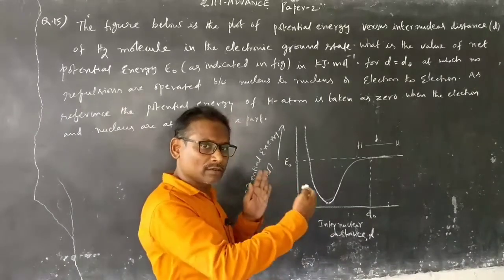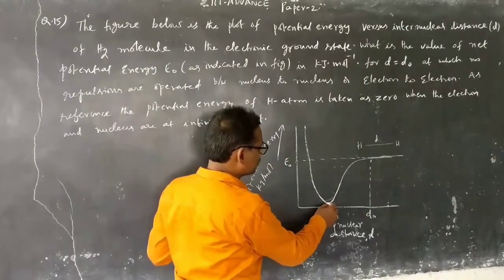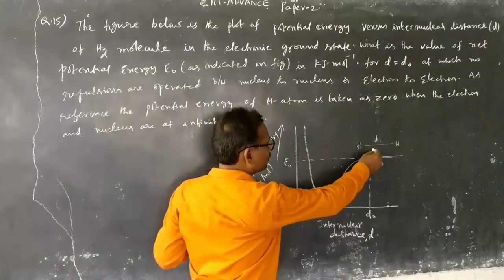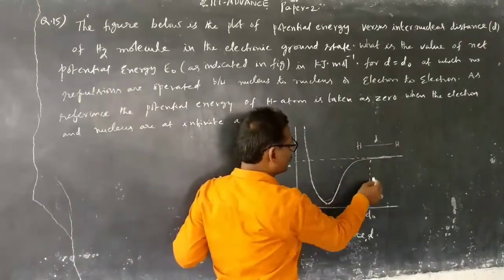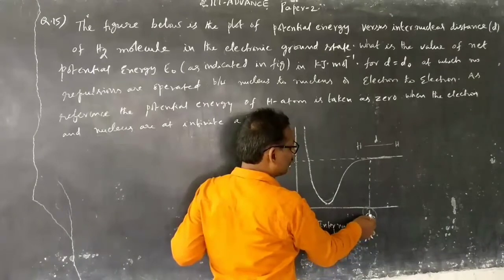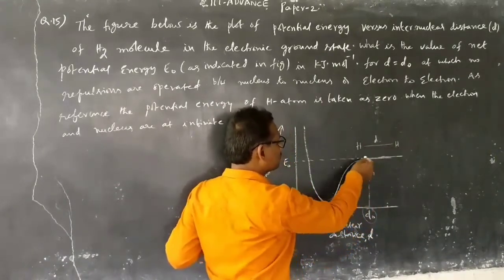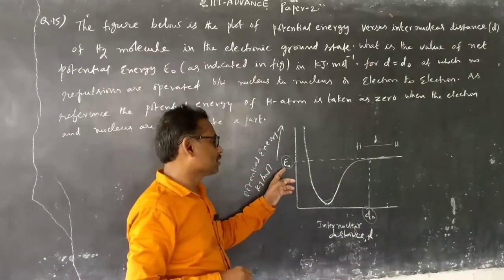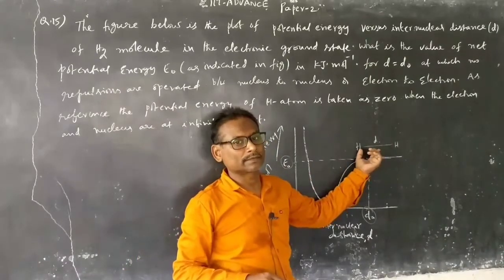And beyond that, still closer, repulsions operate. For example, beyond this distance, if the distance is in the approachable range, attractions operate here. I just want to point out the distance in the diagram here, d as d0. At the distance d0 between two hydrogen atoms, can you say the respective potential energy? The potential energy is taken on the y-axis. The respective potential energy of the system of the hydrogen molecule is asked.